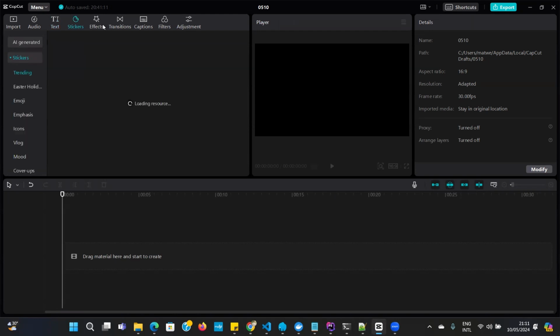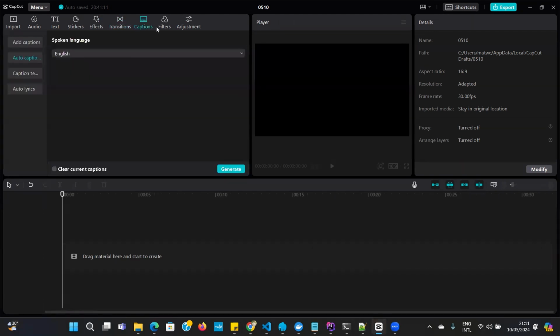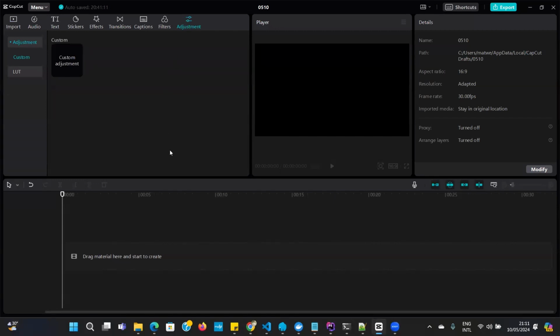You're going to see stickers, effects, transition, captions, filters, and adjustments. Okay, so let's demonstrate using a particular sample video how we can import videos into Capcut